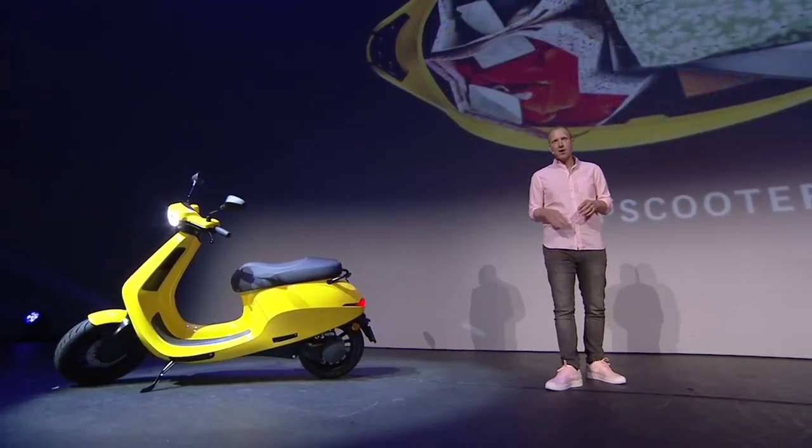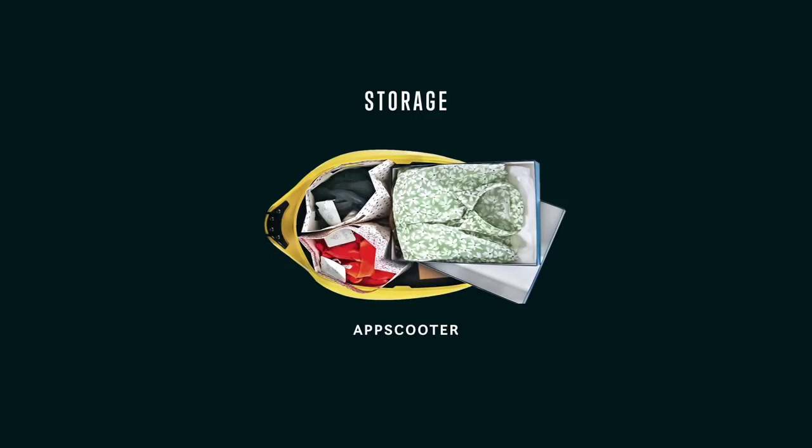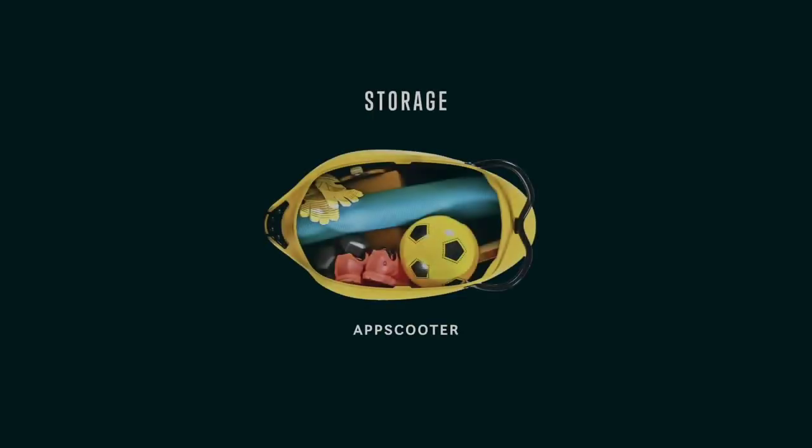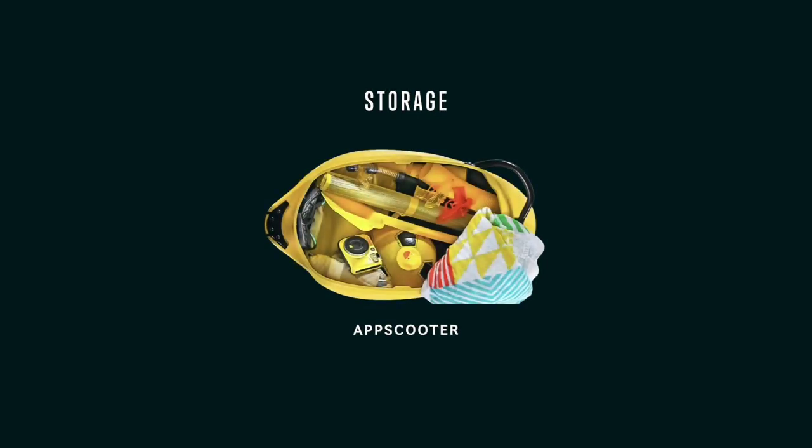So, if you go shopping in the city center, you can fit all your clothing in there while you're enjoying a drink, and App Scooter will keep your stuff safe. If you go working out, it fits an entire gym bag. So you can take it up to work, after work you do your thing, and no problem. If you go to the beach, you can take everything you want. And most importantly,